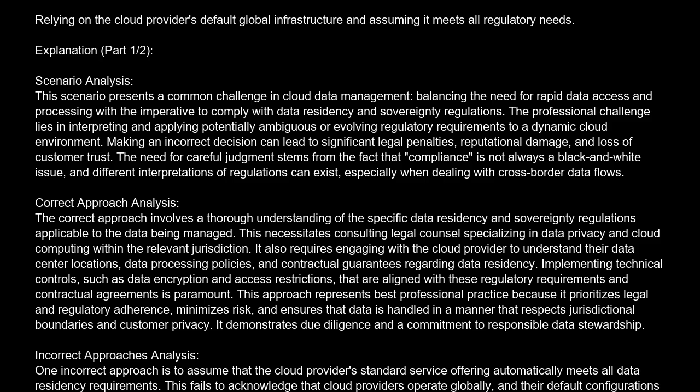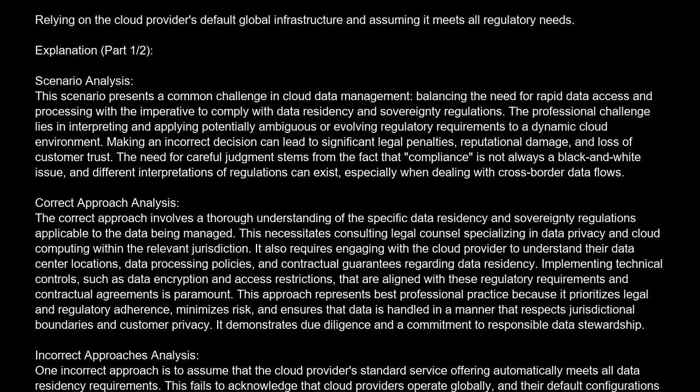Correct approach analysis. The correct approach involves a thorough understanding of the specific data residency and sovereignty regulations applicable to the data being managed. This necessitates consulting legal counsel specializing in data privacy and cloud computing within the relevant jurisdiction. It also requires engaging with the cloud provider to understand their data center locations, data processing policies, and contractual guarantees